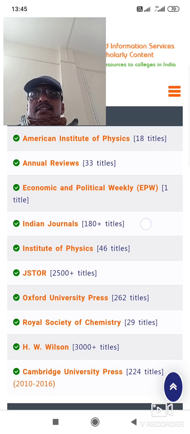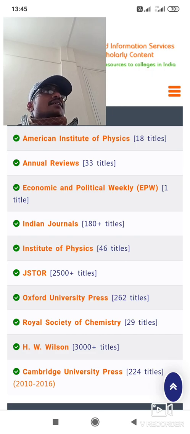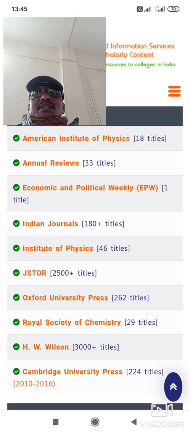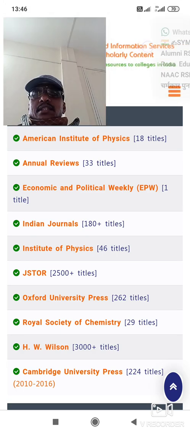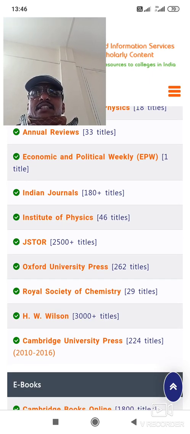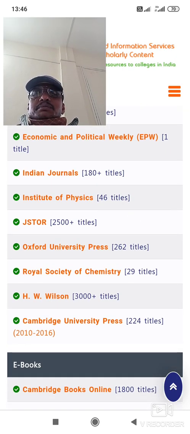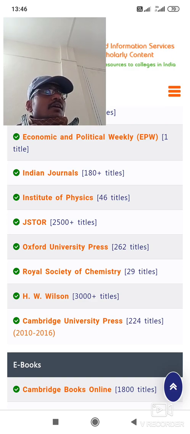Then it is Indian journals. There are also foreign journals available, but it is Indian journals which are mostly used by our Indian academic community, and that's why it is very useful. Institute of Physics. Then again, other publishers' books are made available here. Then JSTOR platform. Here JSTOR is nothing but a fully free online journals platform,